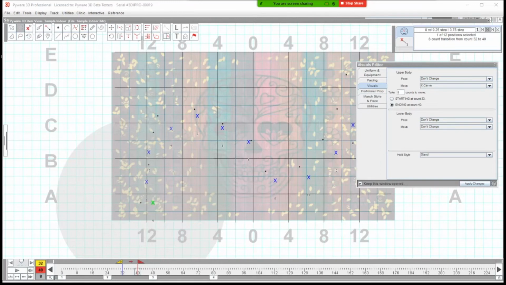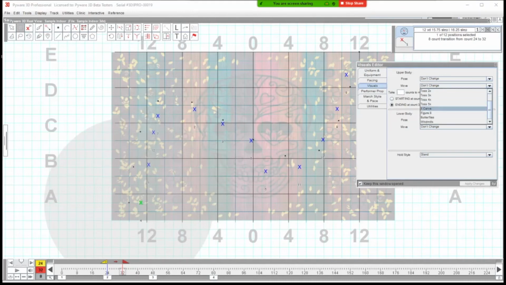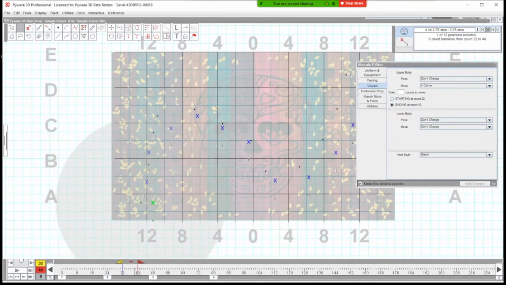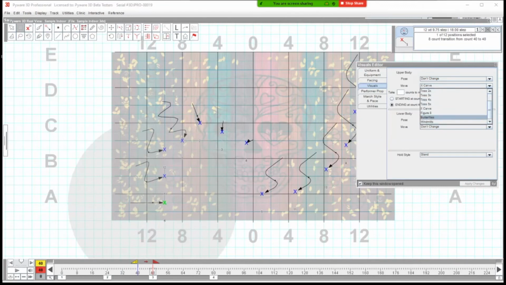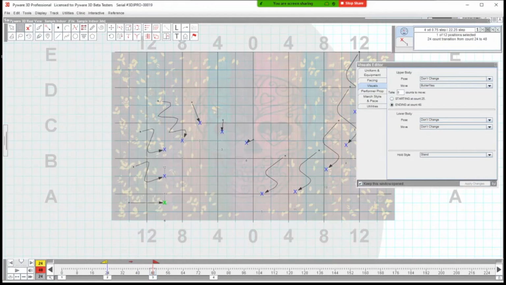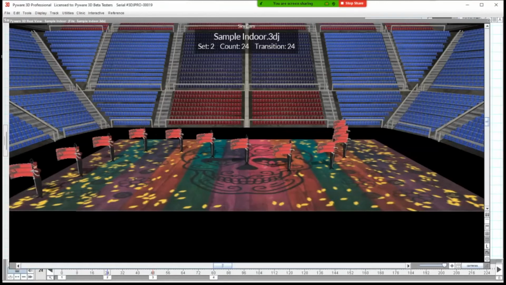And then I'm going to finish with a butterfly for 8 counts. It helps if I actually press accept each time. So as you can see here, we're going to X carve, 8 counts, ending at, apply. Move my anchors to the next 8 counts. X carve, 8 counts, ending at, and apply. And then I'm going to select my butterfly, 8 counts, ending at. So now my one performer is going to do my